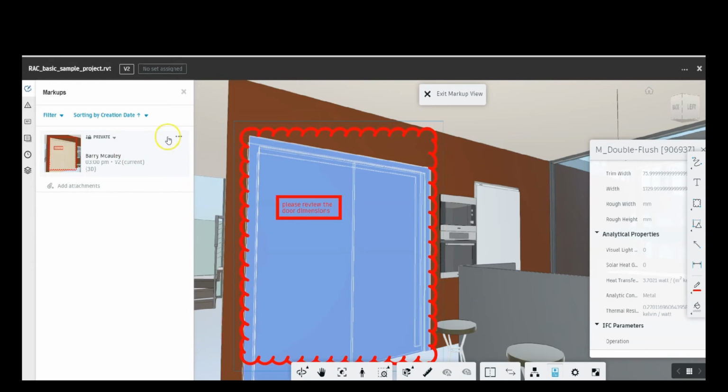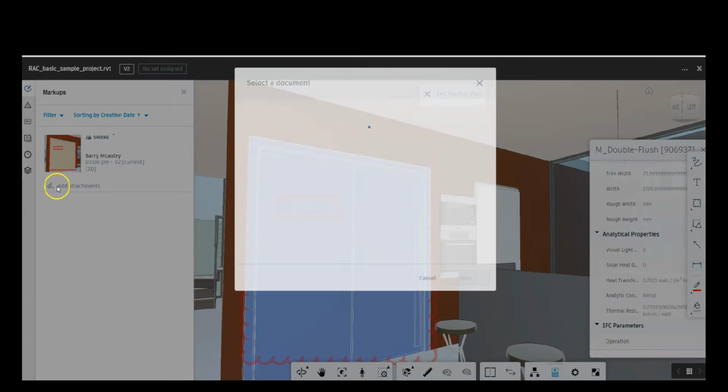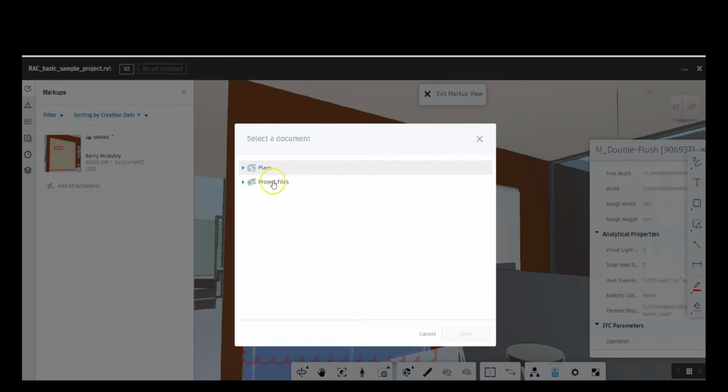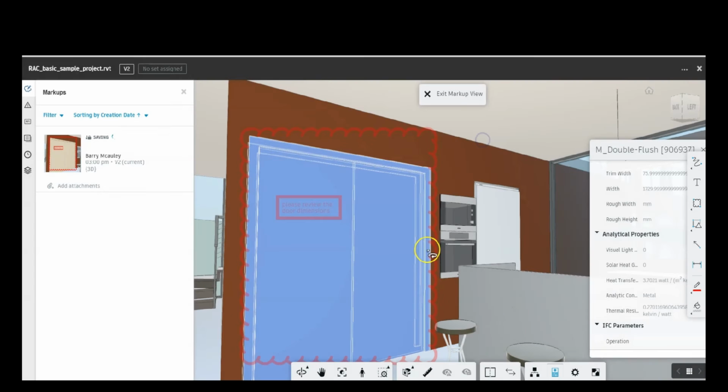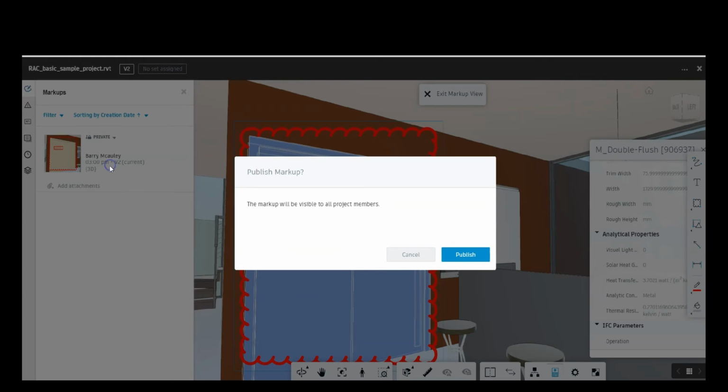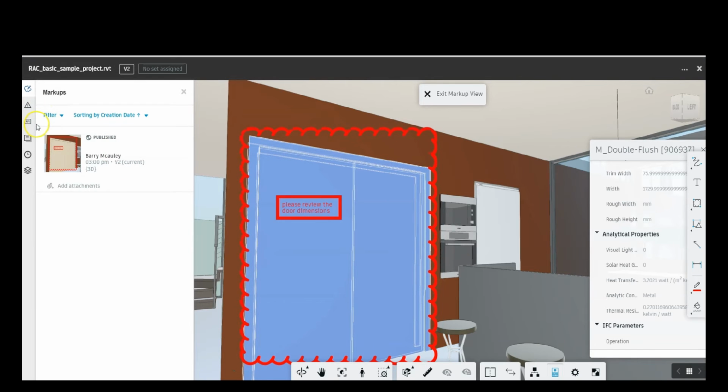And what we can do as well is we can go in here, we can edit, we can add attachments. So we may have documents uploaded within our different folders that we can attach to help provide further clarification of this issue. And once we're satisfied, once we click Publish, this marker will now be visible to all project members. The Request for Information and Issues tab